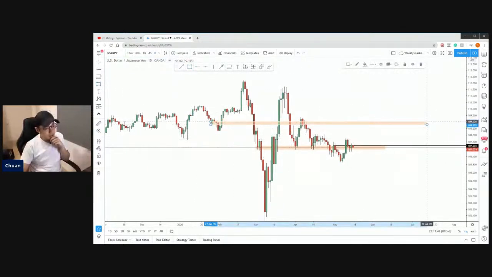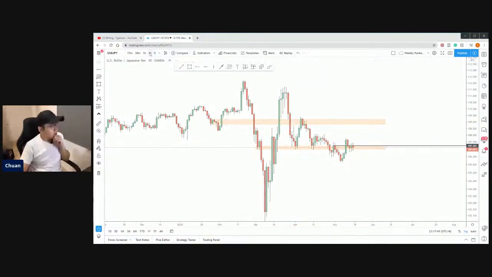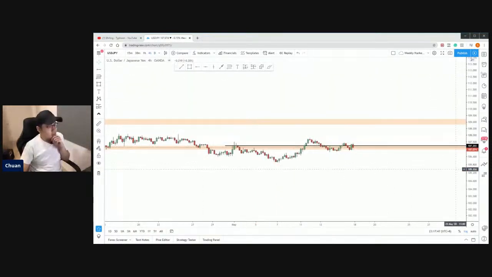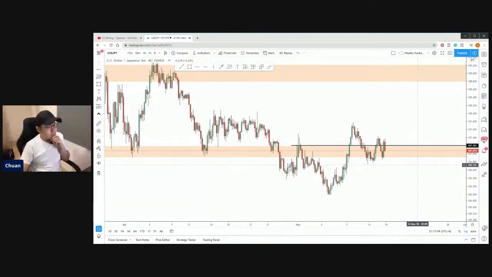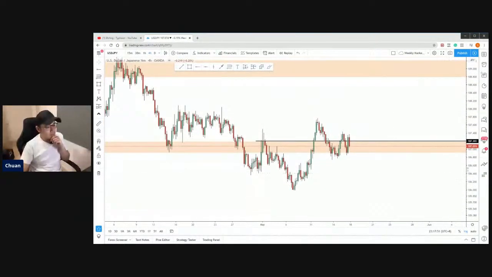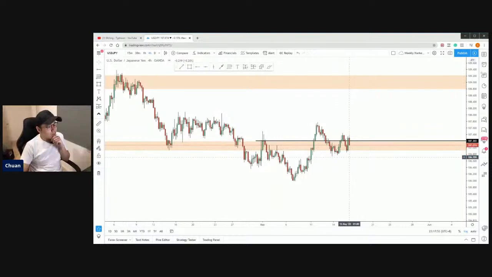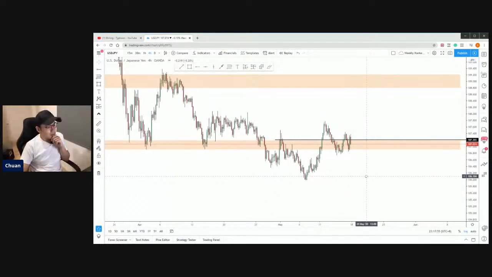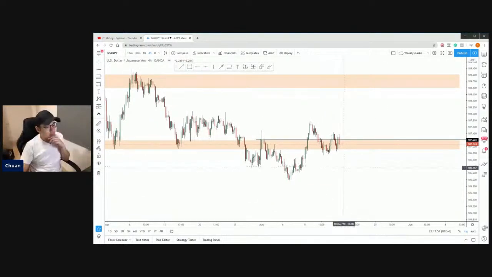So for this week, I'll be KIV for this pair until I see a further confirmation on the entry setup. But if we look at the H4 structure or the H4 market formation,